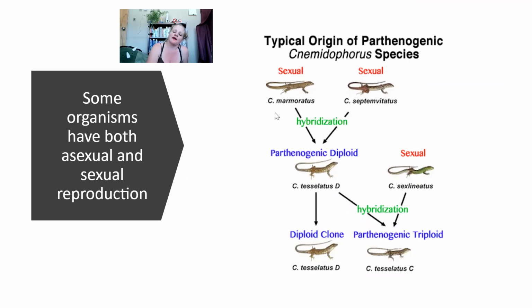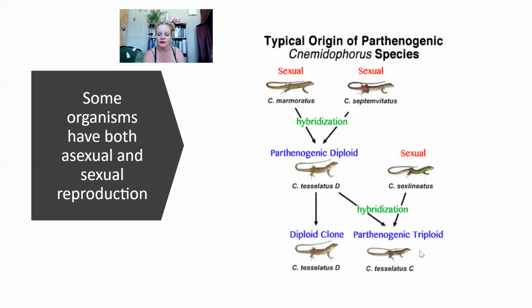What we see is we actually have 3 distinct but closely related species of these little lizards. And what happens is, this guy can go off and mate with members of its own species, and this guy can go off and mate with members of its own species, but they can also mate with each other and form a hybrid that we call this species. And then this diploid organism can actually clone itself, or it could undergo sexual reproduction with another species that's closely related that lives in the same area.